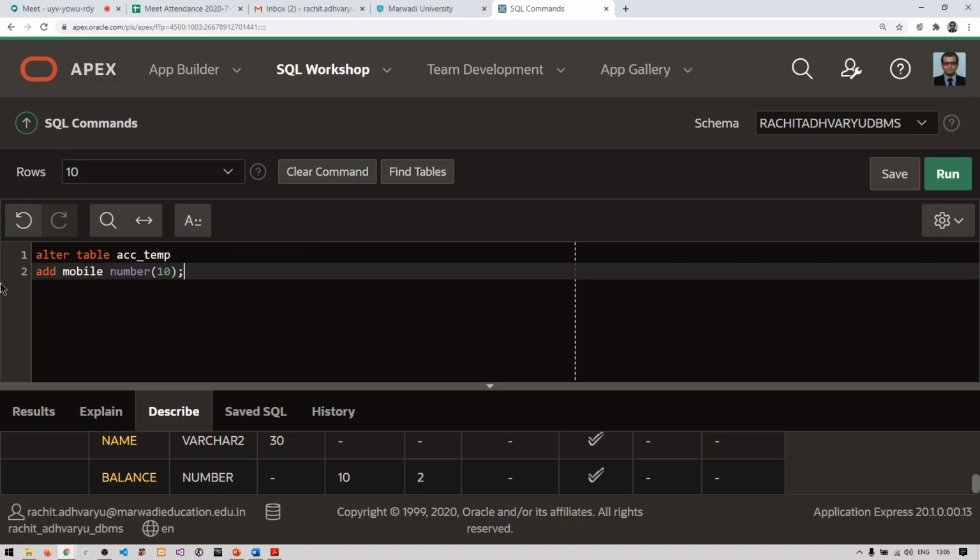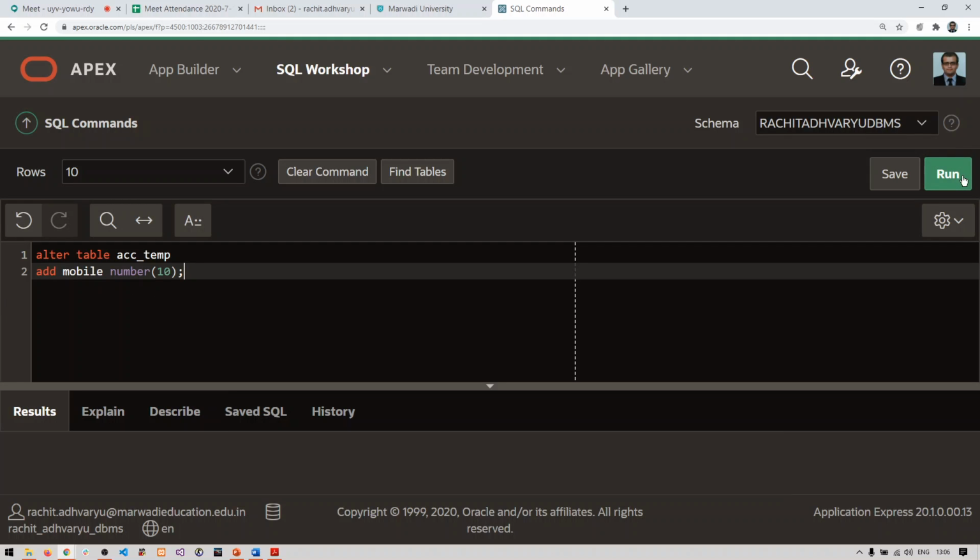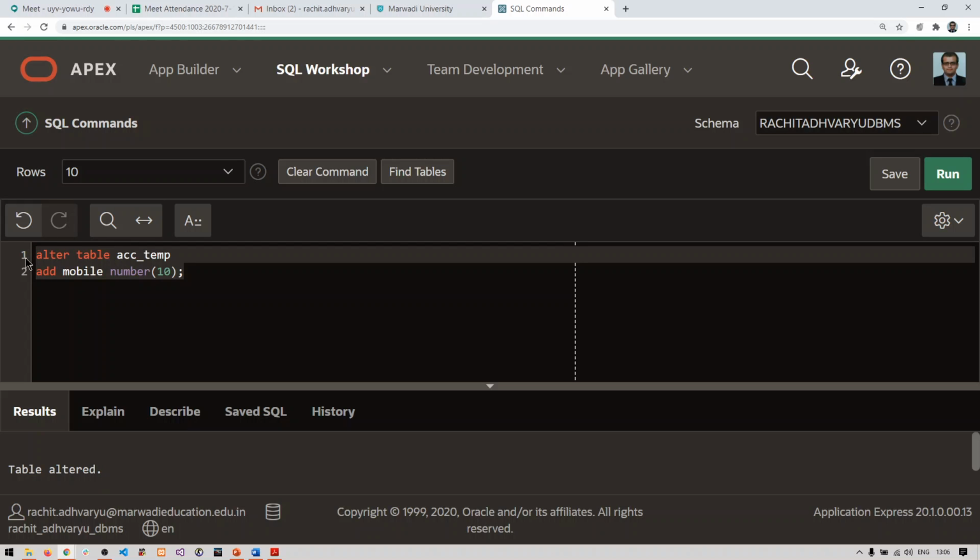So ALTER TABLE ACC_temp, we are adding a new column called mobile, whose type is number and size is 10. Let me run this. We have got the message that the table has been altered. That means whatever modifications you have done have been saved to your table.